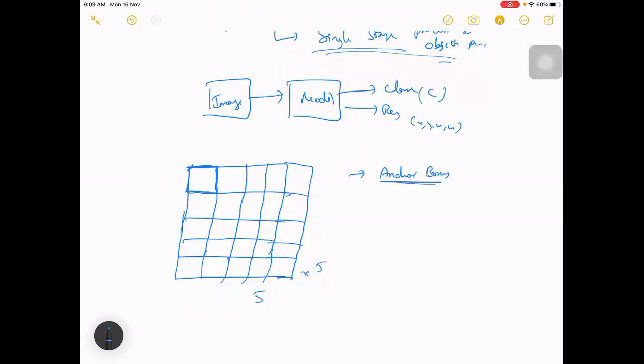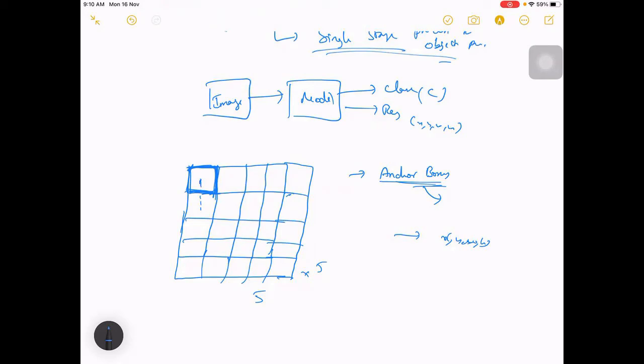So what these anchor boxes are: for each of the boxes here, initially, let's say we are here. From the center, we will propose some kind of boxes. Let's initially talk about one box. It will try to do a kind of regression where you get x, y, w, h. Usually if you make the image a grid, your object won't be contained within this region, right? It will be much farther, right?